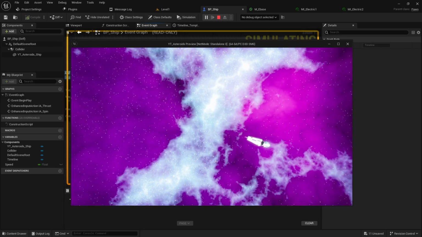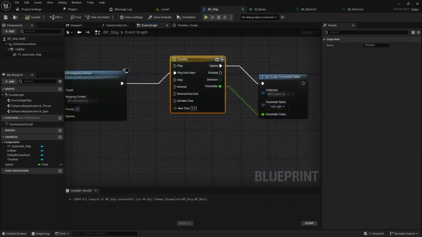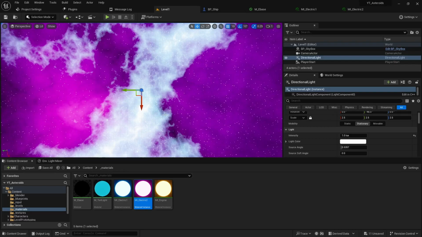I think the scene is probably too bright, so we maybe need to remove some of that purple and make it more of a traditional black spaceship or space background. The way we did that, we handled it in the